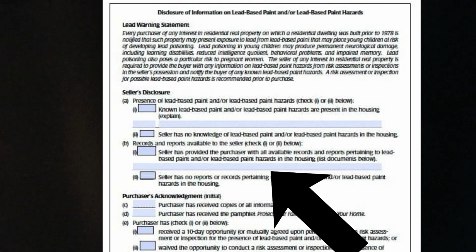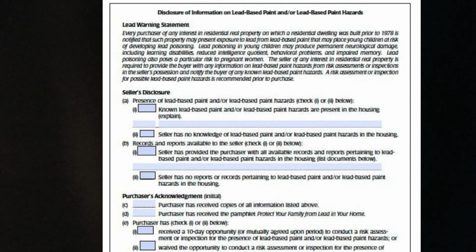It's not uncommon in many parts of the country where you have the one sheet that's the lead-based paint disclosure, and you could literally have hundreds of pages of associated documents or reports about lead-based paint related material. And this is important to understand. It's not just limited to any kind of document or report that tests positive or is an affirmation of the lead in the home. Even if you have a test that's done and it shows that there was no lead-based paint, those documents also have to be provided to a tenant or a buyer.